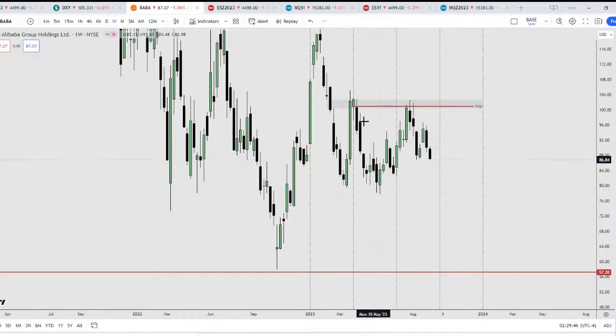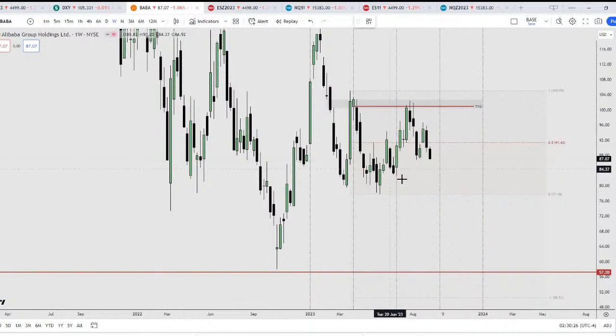As I've mentioned before, as long as it's kept within this range, range high, range low, I don't really have a strong bias. I need to see price leave this range. So far, what is it doing for Alibaba? Accumulation, moving from discount to premium and then premium to discount within this dealing range. Let me draw it out for you for a clearer picture. So equilibrium, discount to premium, premium to discount. It's just ranging,